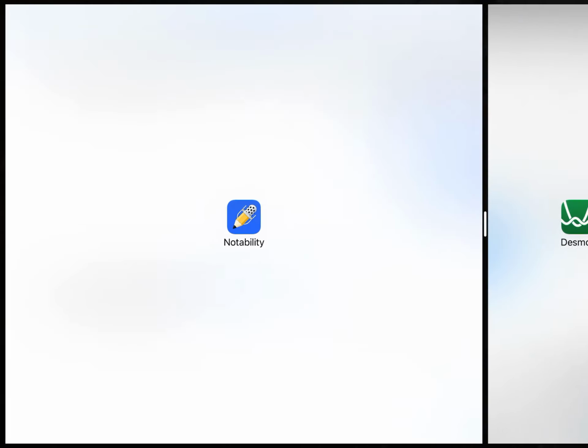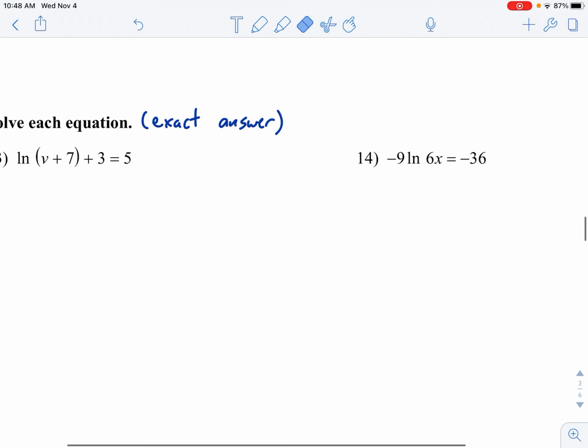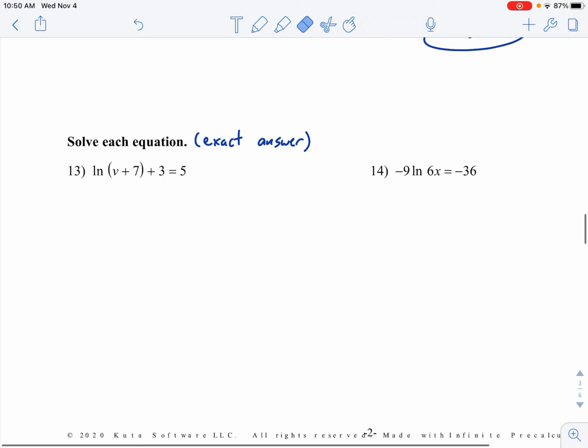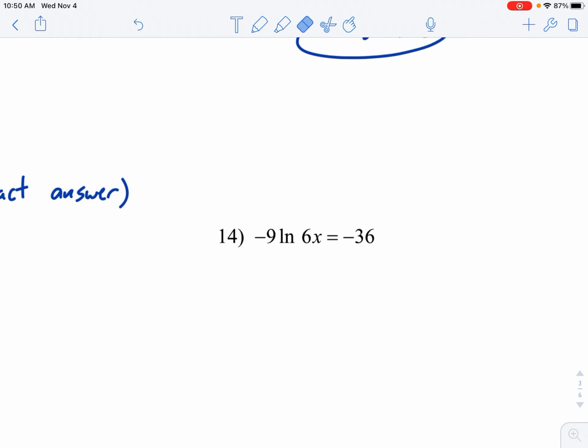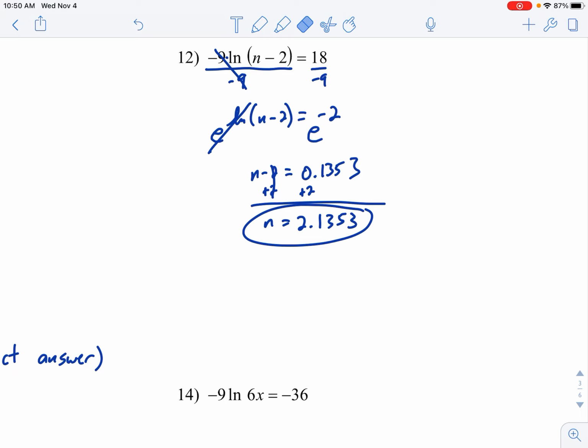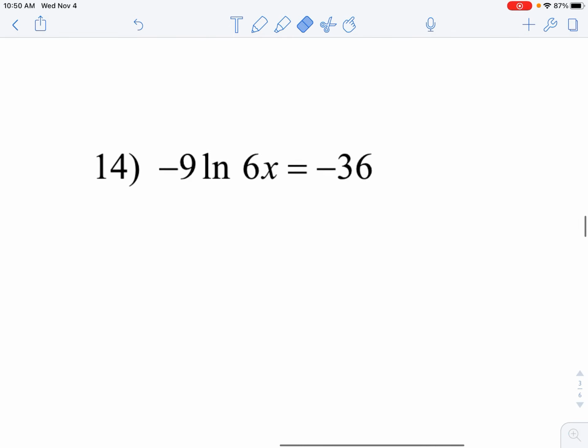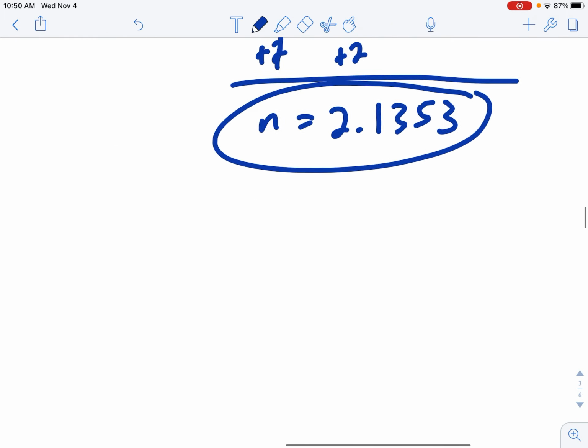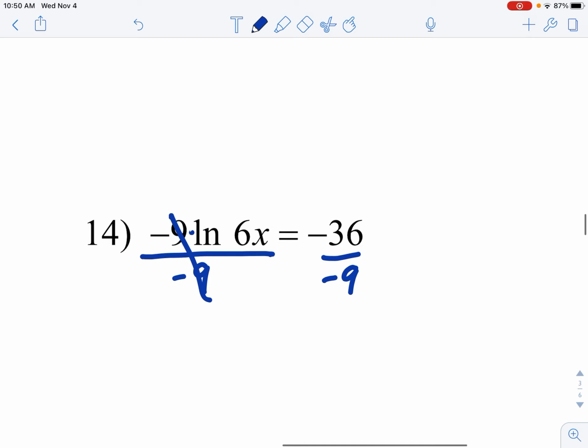Okay, the next couple of problems say to find an exact solution. So I don't need a calculator. That's why I got rid of it. Number 14 looks very similar in many ways to number 12. A lot of the steps are going to be the same. I'm going to start by dividing by -9. And it's just a coincidence that it's -9 in both problems. It could be any number there. Anyway, that cancels out. ln